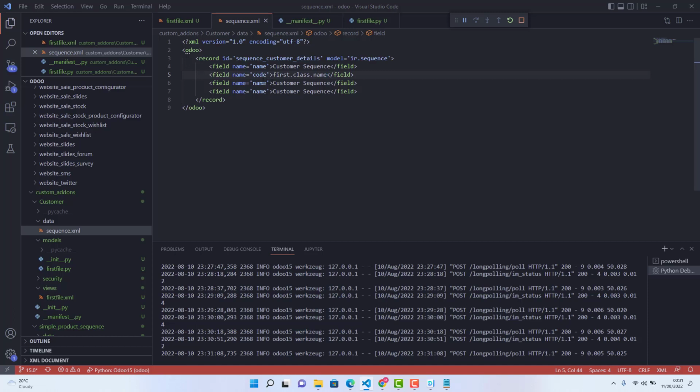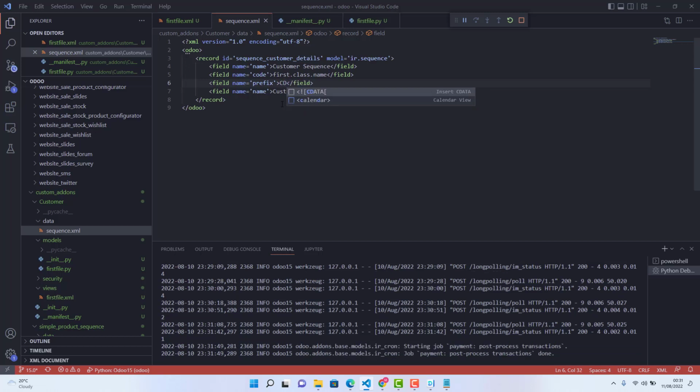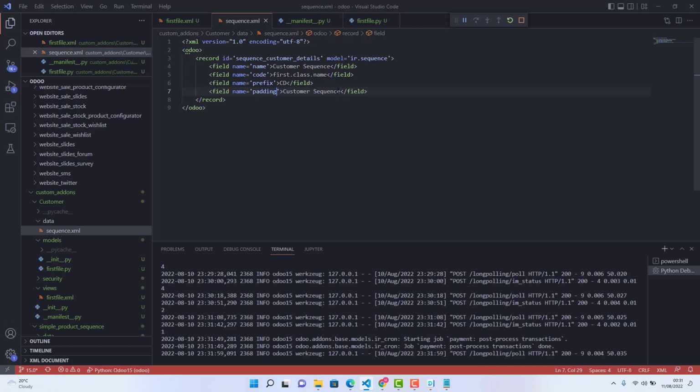After code, that is prefix. Prefix is the starting number. Because it's customer details, we just say CD. You can give anything, to be honest with you. After that, it's padding. Padding is how many integer or point numbers it should be. So we just say that padding should be 5. And